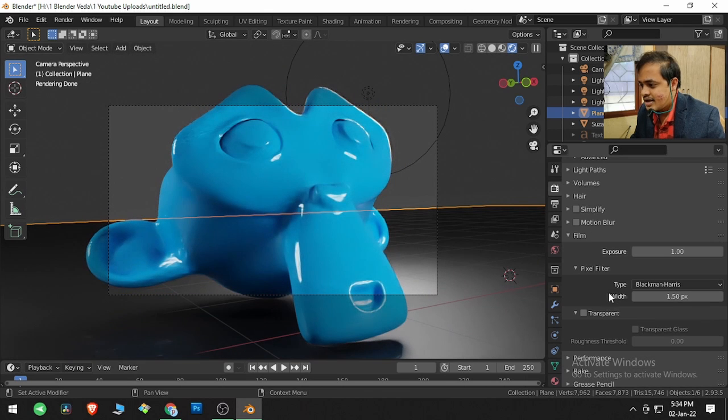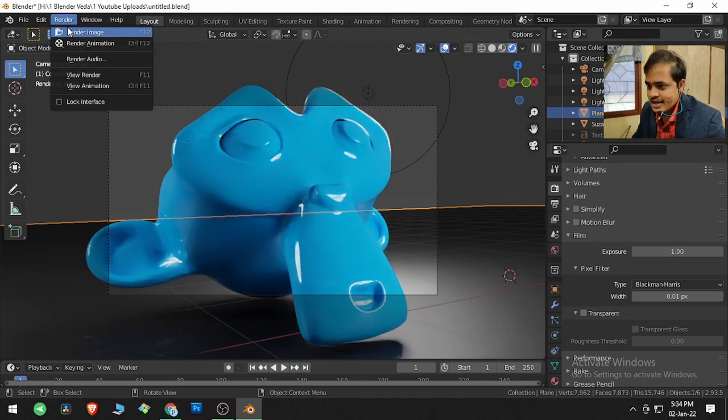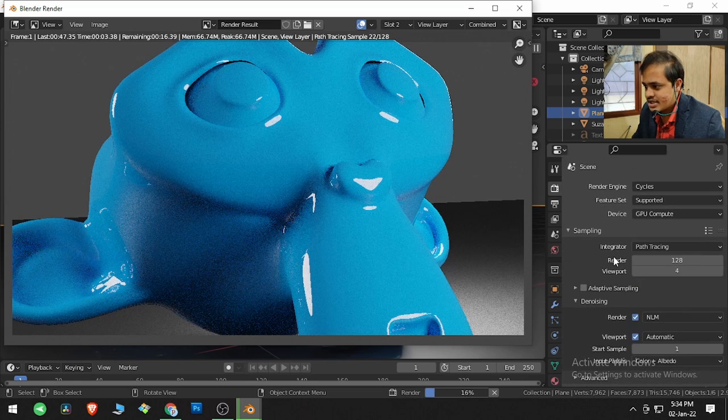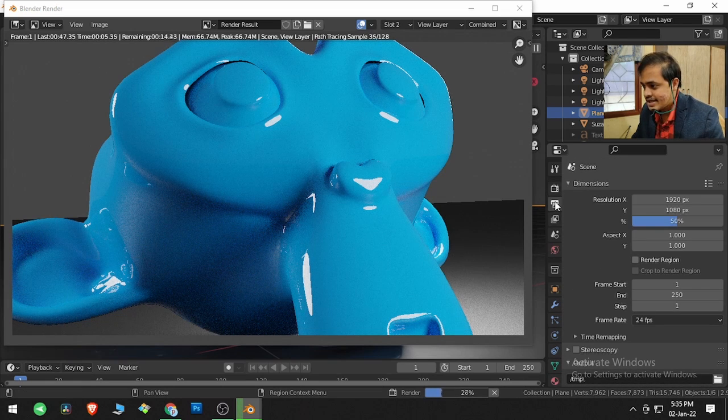Then pixel filter. What this actually means is, let me show you what it actually does. It's a very wonderful option. Let me reduce this to its minimum and then go to render and render an image. One thing I want to bring to notice is that I am rendering at 50% of 1920 by 1080.